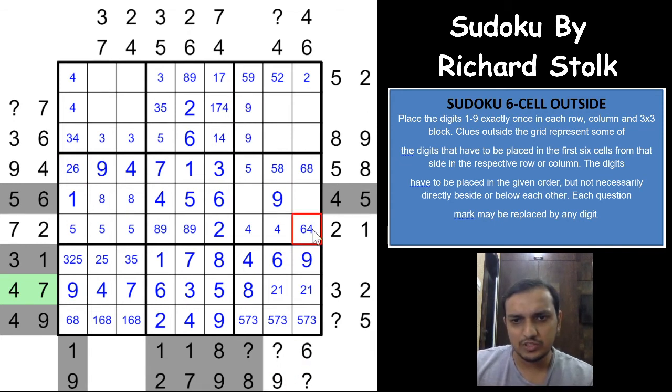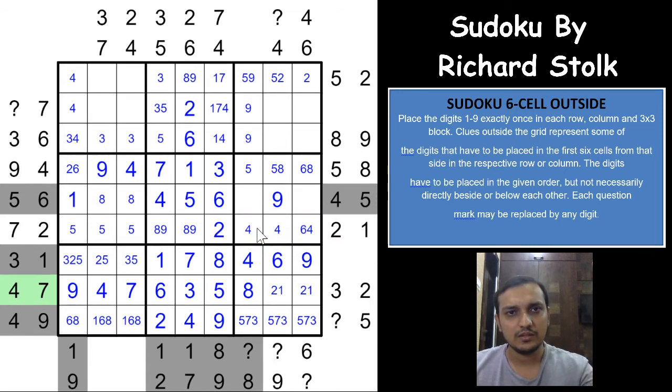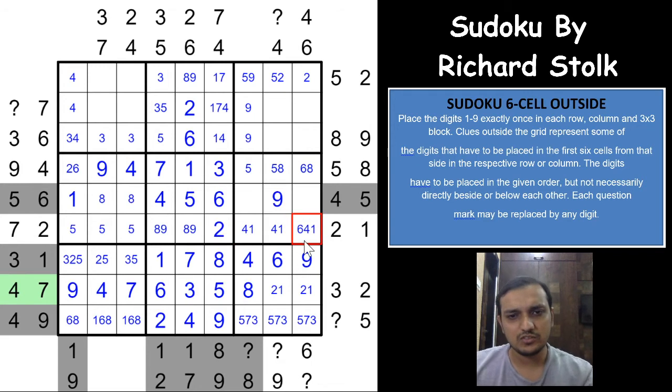6 will be in one of these two cells, right? Any of these two cells, right? So of course we won't have to look out for the 6 again. 5 is done, 3 and 2 is done, 2 and 1 has to be done. So 1 will have to be in one of these three cells again. 1 will have to be in one of these three cells. 5 and 8 is kind of done. 8 and 9, right? A 9 cannot be here, a 9 cannot be here.